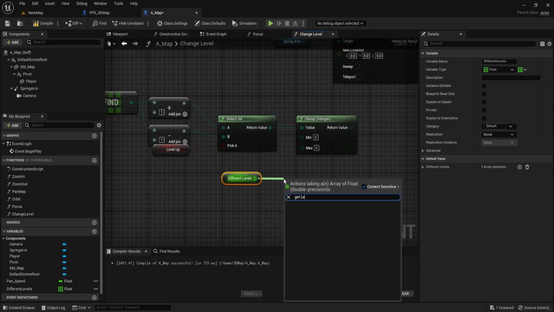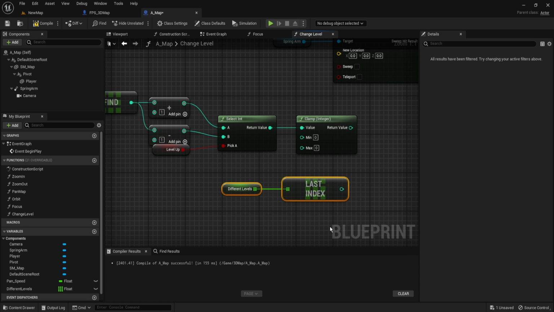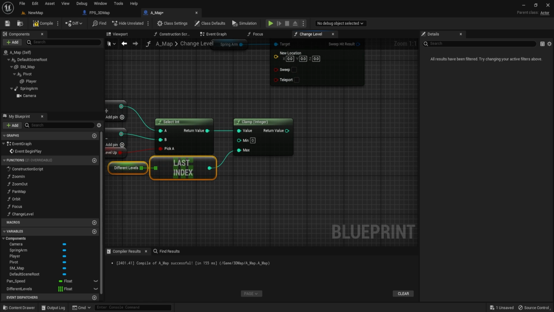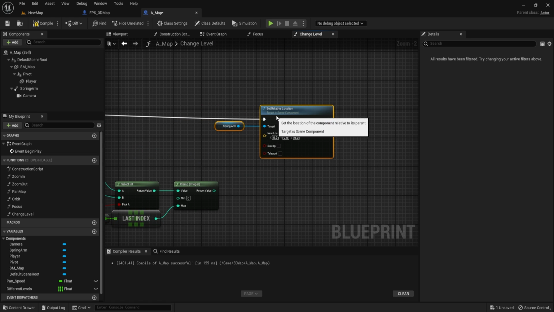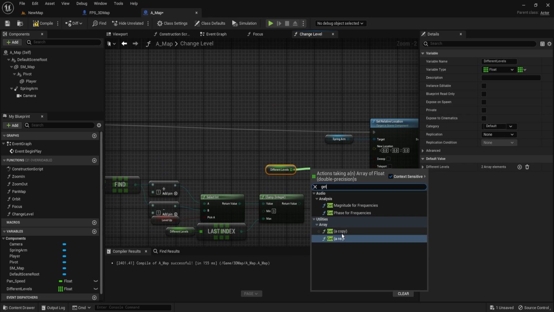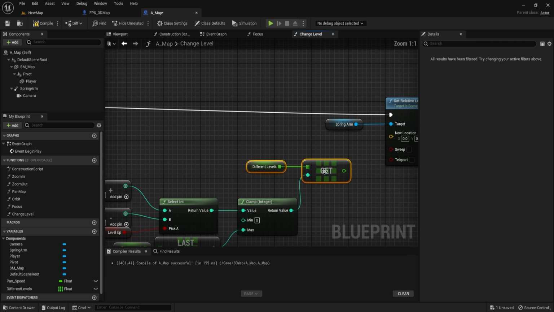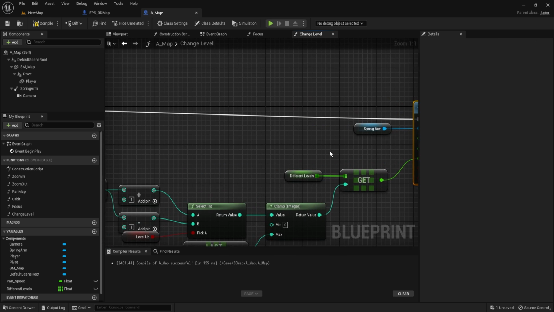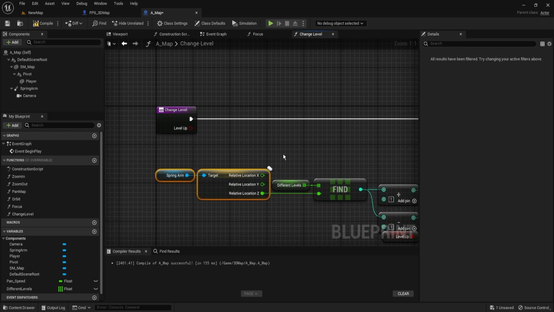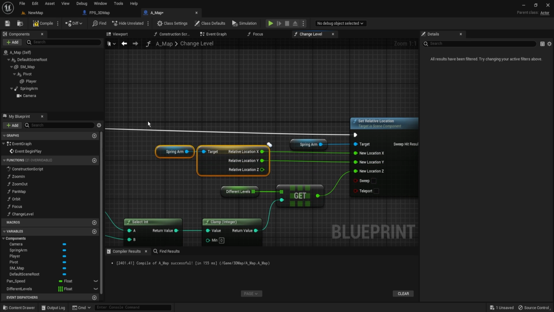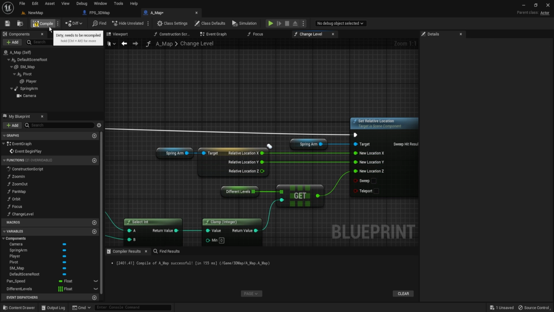We want to get last index, sorry, not get last index. And we're going to plug that into the max value. Then with this new max value, we once again get our reference to our array. We say get, copy, plug in our new index, and we can split our location, plug in the Z because that's the new height, and for the spring arm we can get our relative location, get the X, get the Y, plug it all in, and now if we go into compile,